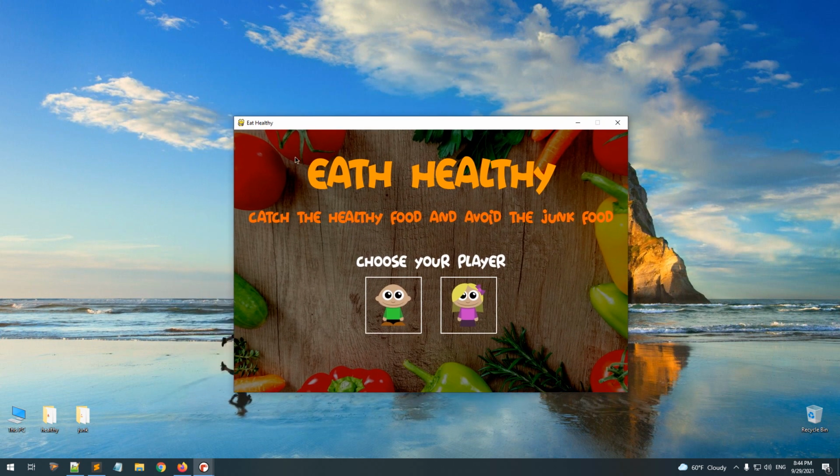So when we start the game, we'll have this initial screen where we have the instructions for the game, and pretty much what we need to do in the game is try to catch the healthy food and avoid the junk food. And in the beginning we can select our player. There's a boy and a girl. So if I select the boy,